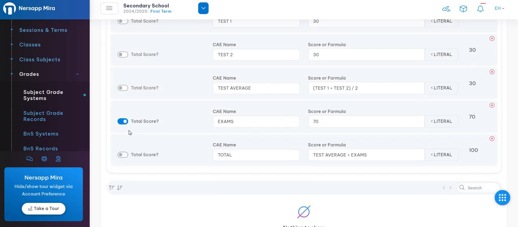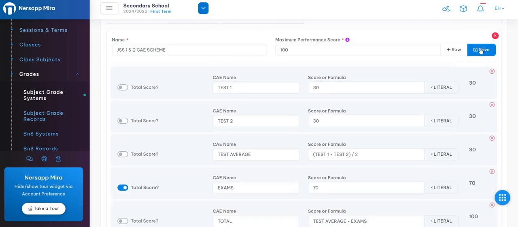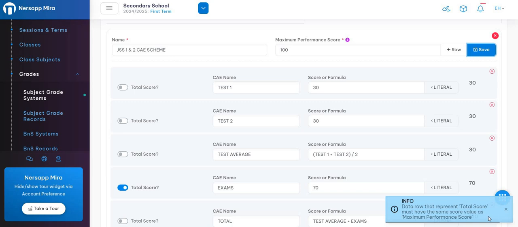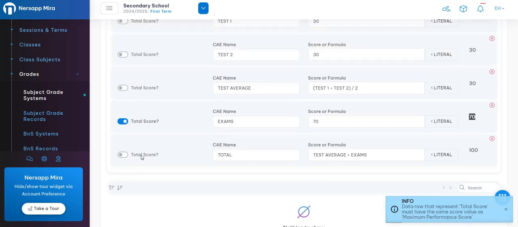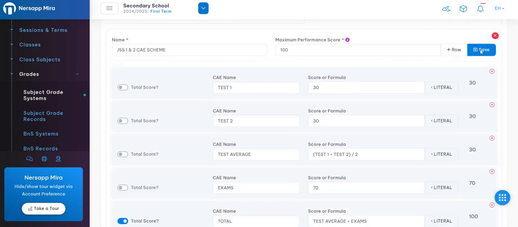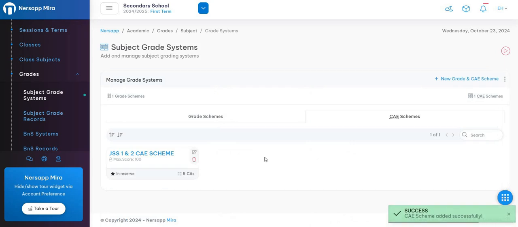If we say that this is the total score and you're about to save this record, nersapp would complain and say the data row that represents total score, that is this row that you checked as the total score, must have the same score value as the maximum performance score. So you can see here this one is 70, whereas the maximum performance score here is 100. So we're going to go back and pick 100 there and save. So that's how to successfully add a CAE scheme for subjects, in this case for JS1 and 2 in